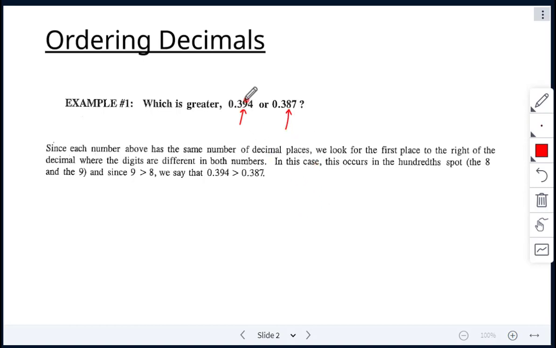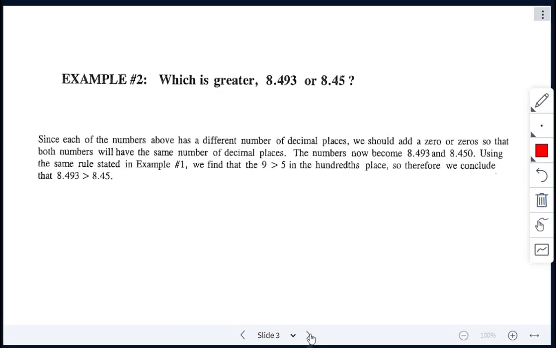All right, so since 9 is greater than the 8 here in the hundredths place, therefore 0.394 is greater than 0.387. All right, so after you've done looking at the whole numbers, you're going to start looking at the first place to the right of the decimal and then keep going. So let's see here,